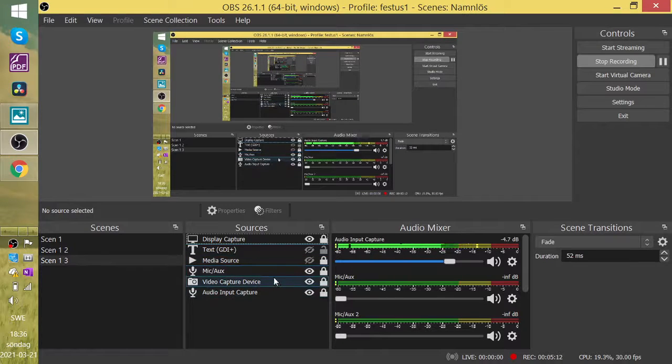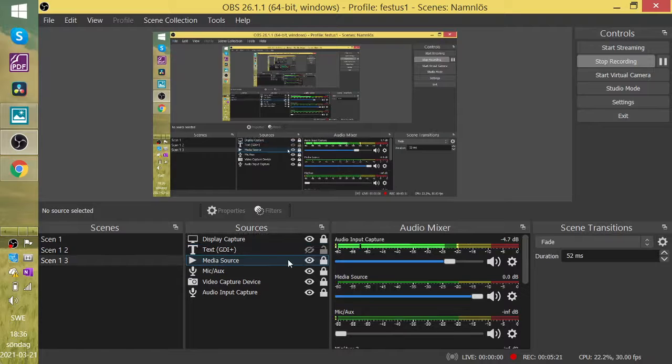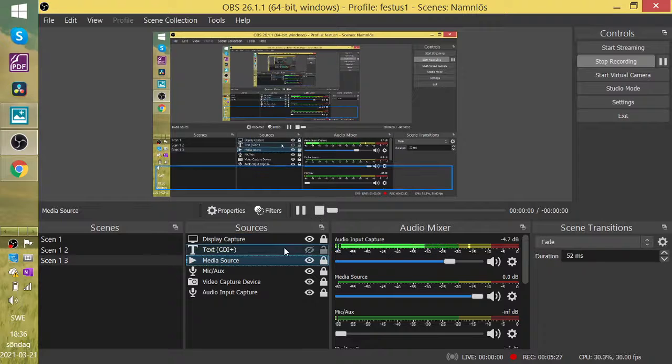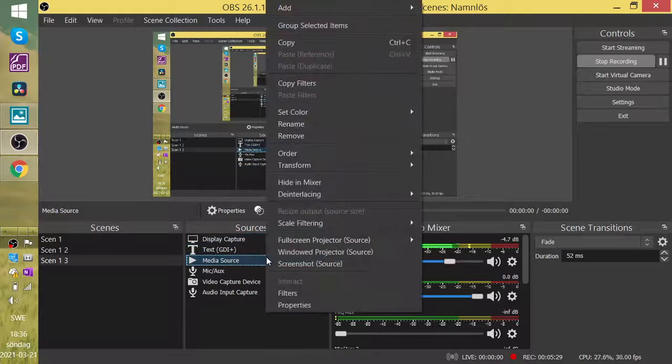You can also do videos on your phone and add them in this one called the media. This is the media. Open the media. You can go to media and add films, for example here.